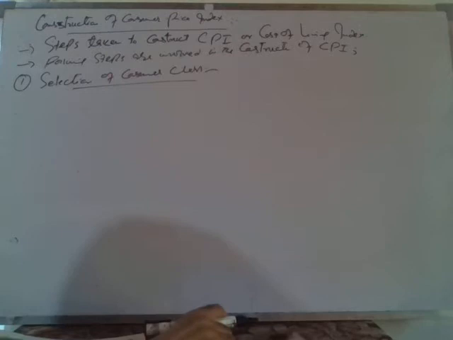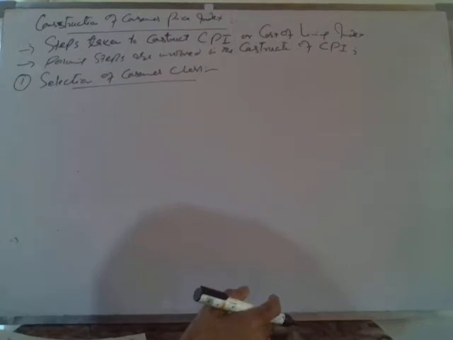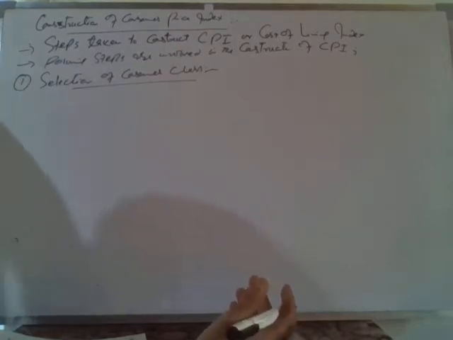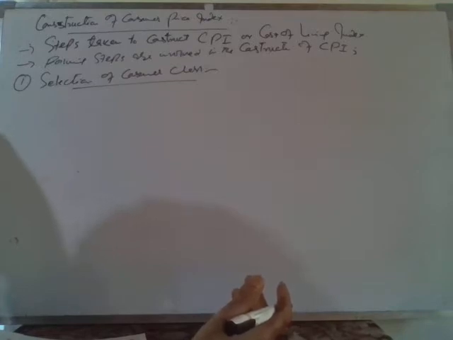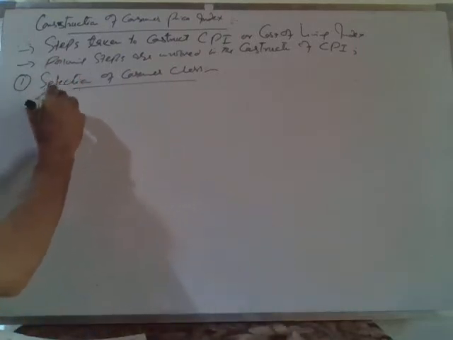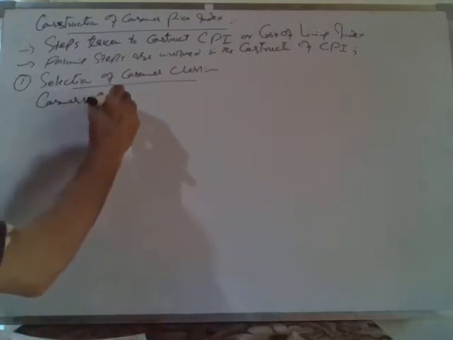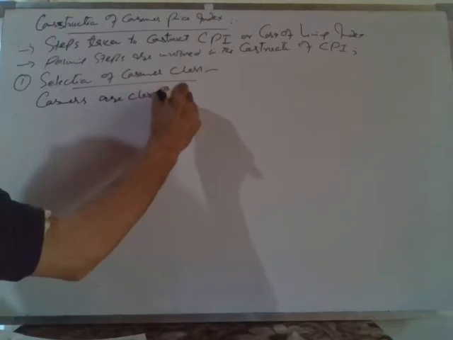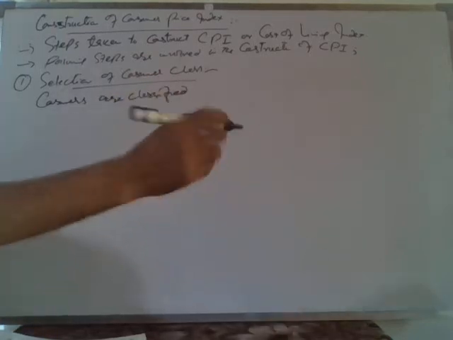This step is the foremost step and first step: which consumers or which class of consumers are to be selected, out of three or more than three classes, whose consumer price index is to be constructed. So consumers are classified into various classes. We have already discussed this matter, that consumers are classified into various classes,